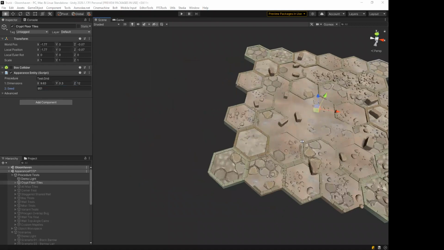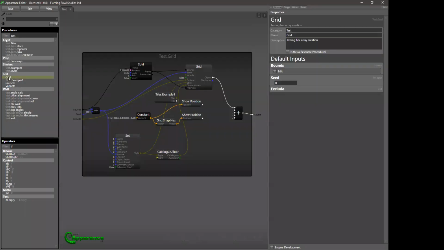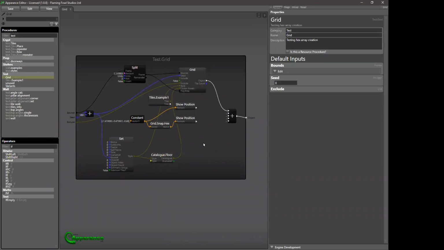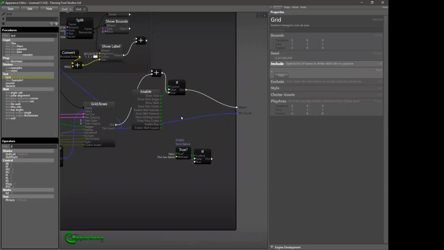If I now switch to the appearance editor and open up this procedure, we can have a look through some of the procedures involved. This top level procedure acts as a test jig, setting up some default inputs for the actual grid procedure. By opening each sub procedure, these gray nodes, we can dig down through the hierarchy a bit,